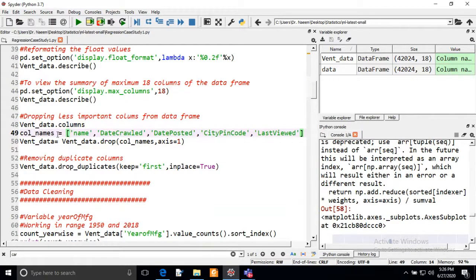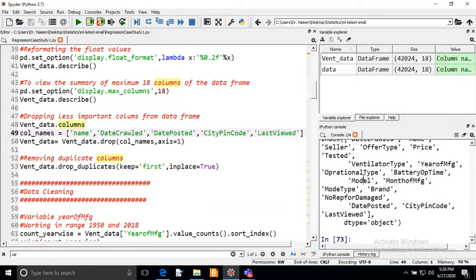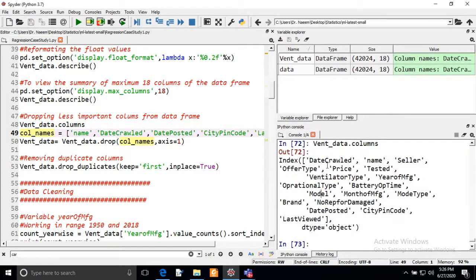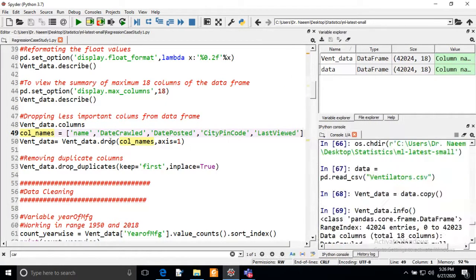vent_data.columns will show all the columns that you have in your data frame, and you can see here we have already discussed this while showing the data. Now because some information is less important for us for the analysis, we don't require these columns.